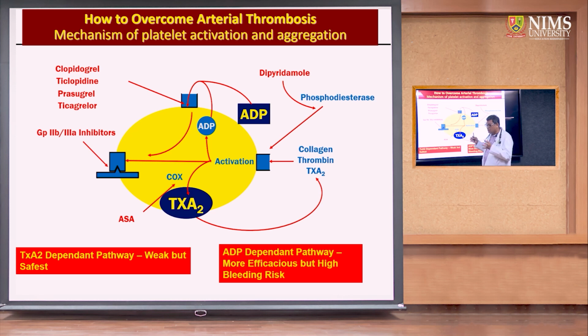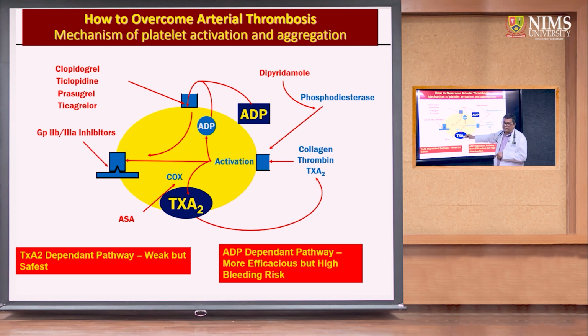So if you have to have a more effective blockage of this pathway, you have to use both these agents, ADP blockade as well as thromboxane A2 pathway blockade. So you use dual antiplatelets, aspirin plus one of these agents. So you could use aspirin plus clopidogrel, aspirin plus ticlopidine, aspirin plus prasugrel, aspirin plus ticlopidine. So this is DAPT, dual antiplatelet, because you want to block both the pathways, the ADP pathway as well as